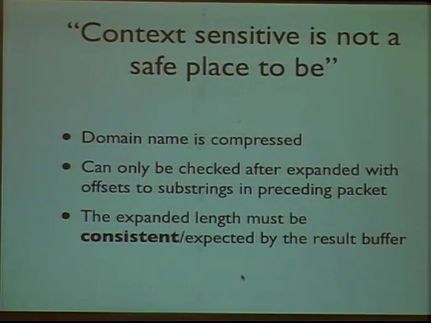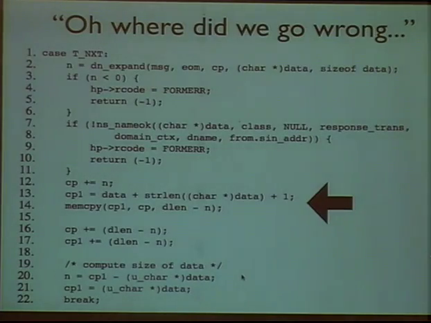So the domain name is compressed. It can only be checked after all the names have been expanded, so you need to keep all that context. And so you see code like this. All right, so it starts out with the compressed domain name being expanded. That's in line 2. Where things actually start to go wrong is down in line 13, where you see that